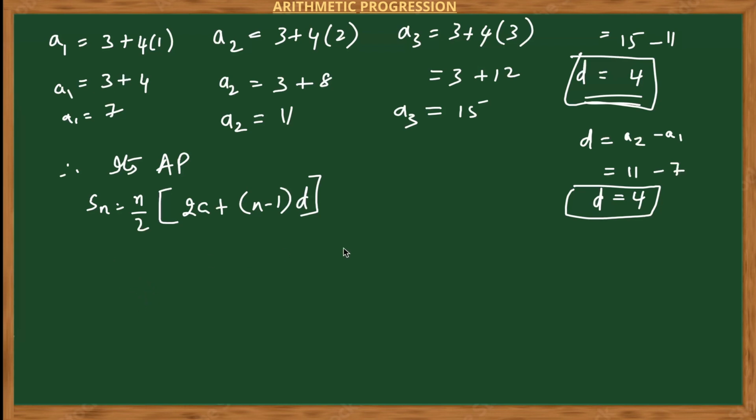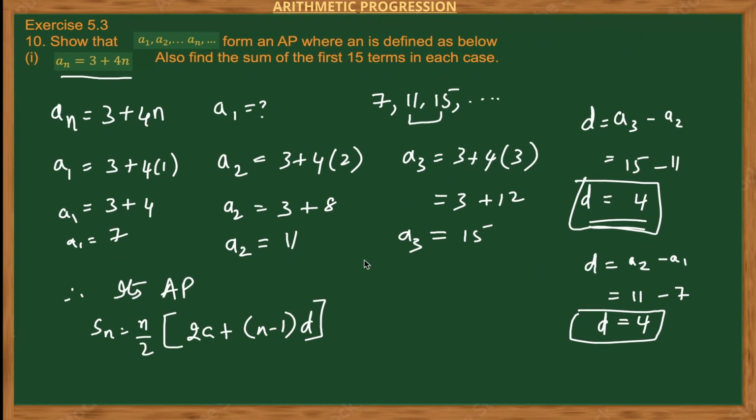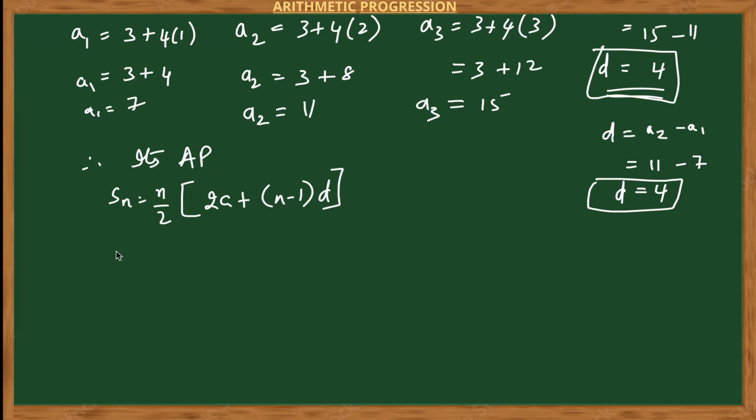Okay, so we need to find the first 15 terms. So here n is given as 15. n is the one, right? Sn is equal to 15 by 2 into 2a. What is the value of a? a is 7